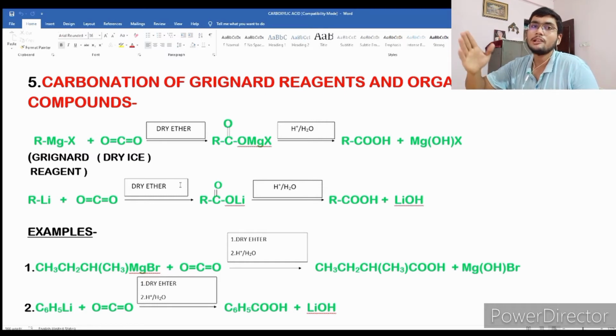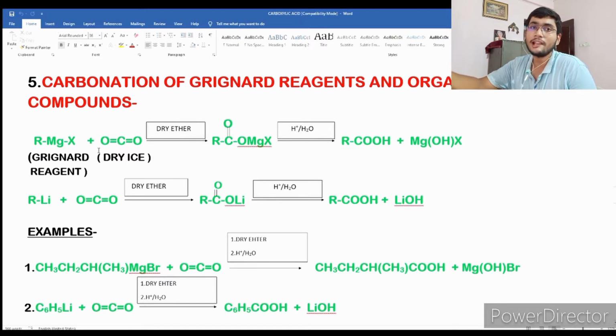So when we react Grignard reagents or organolithium compounds with dry ice, we get the corresponding addition product. And when we hydrolyze that addition product, we get the corresponding carboxylic acid. Let's see what I was talking about. This is a Grignard reagent, as you can see, RMgX. And this is carbon dioxide, which is dry ice. Basically, this is a solid form of carbon dioxide, and in the presence of dry ether we do this reaction because